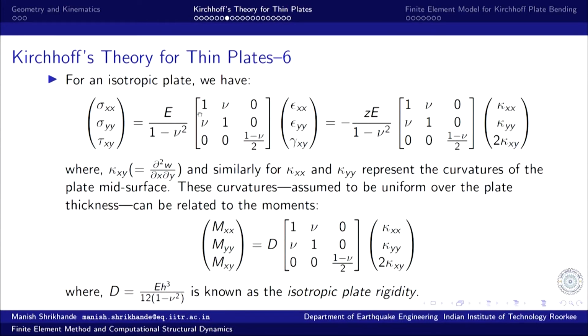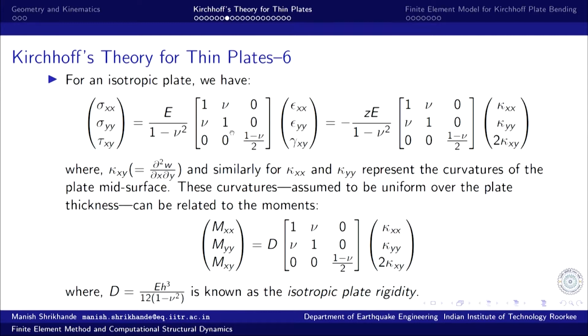So, for an isotropic plate, an isotropic medium, we can relate stresses to strain using plane stress. So, this is where the plane stress assumption comes in. For plane strain, this matrix would be different. As we said, plane stress conditions have a better agreement with what we observe in experimental studies, and therefore we stick to the plane stress assumption. So, this is the constitutive matrix for the plane stress model.